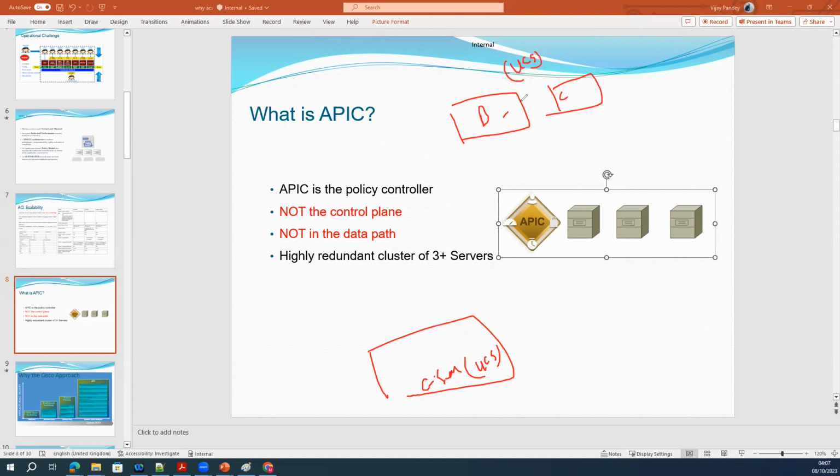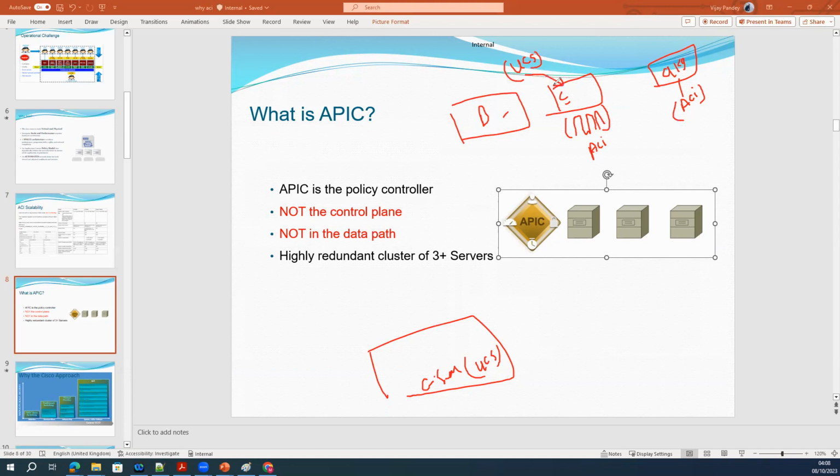Cisco said that, okay, no problem. From the C series server, there are a few specific models that I am going to dedicate to the ACI solution, just like the Nexus 9K devices, which Cisco dedicated for the ACI SDN solution. Cisco said that I'm going to use my UCS itself.